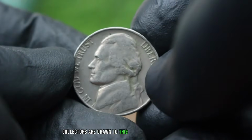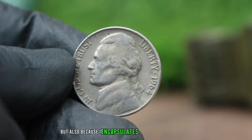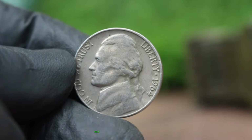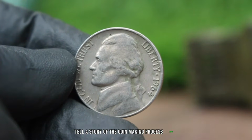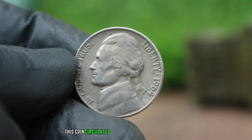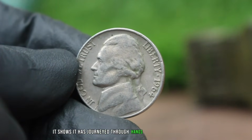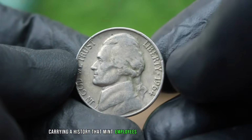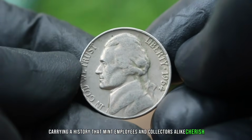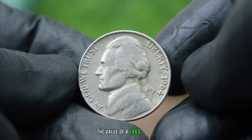Collectors are drawn to this coin not just for its rarity, but also because it encapsulates a moment in mint history where errors and imperfections tell a story of the coin-making process itself. This coin's circulated condition tells an additional tale. It shows it has journeyed through hands and pockets for decades, carrying a history that mint employees and collectors alike cherish. In today's auction market, the value of a 1964 D